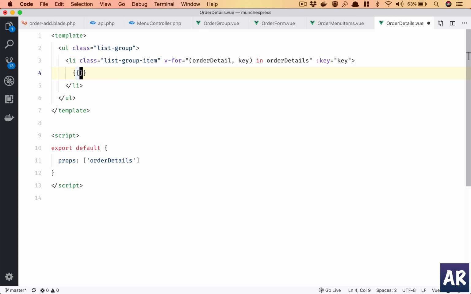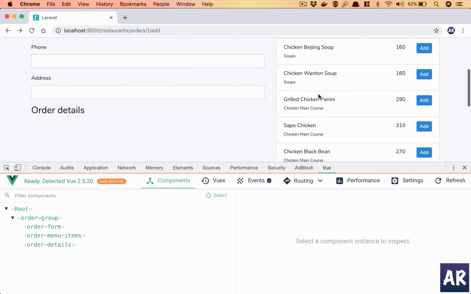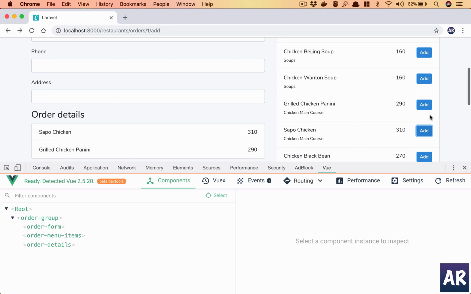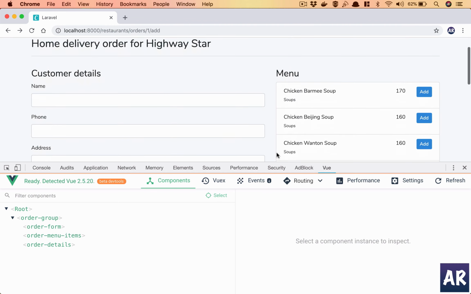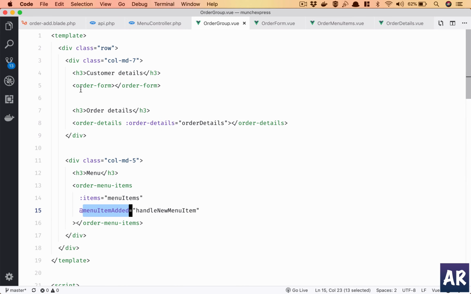What do we have? Order detail dot name. Yeah, add a span. So let's see, will we be able to see this? Yes, we do. Whatever is being added is tacked on top. Now this is done. I think what I can do is, maybe in the group itself,